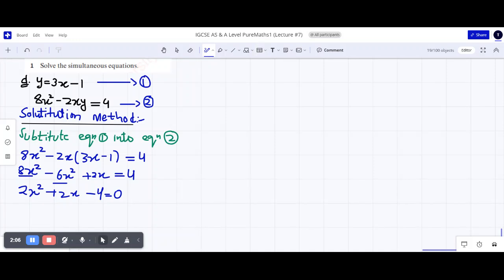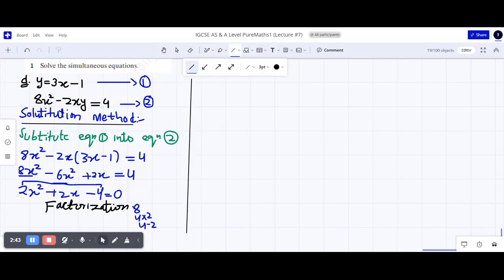After that we will do the factorization method for this quadratic. We got the quadratic. Factorization means we have to multiply the first term with the last one. 4 times 2 is 8. Now the factors of 8 that can make the middle term. So 4 times 2 is 8, the product is making 8, but 4 minus 2, which is 2, is the middle term. So we will factor it out.